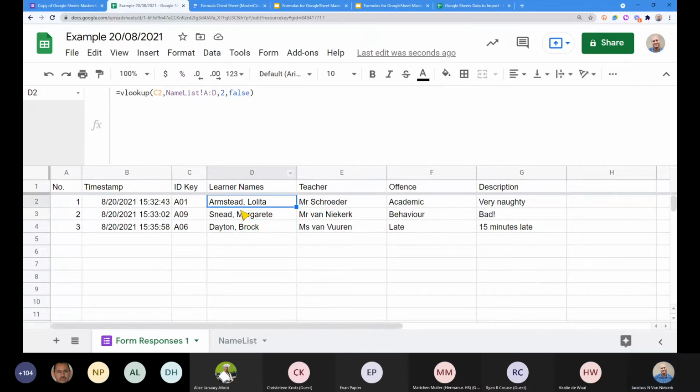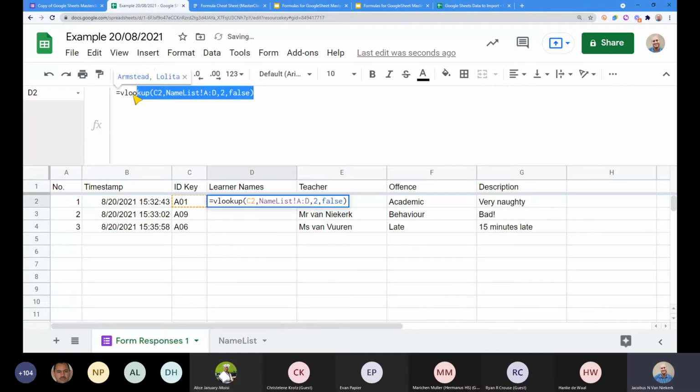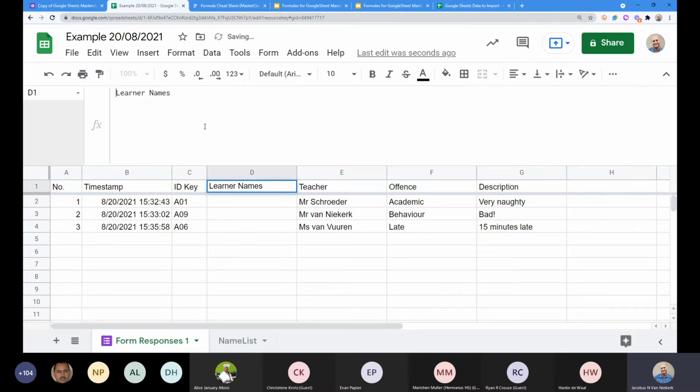So this is great if I know that I've only got 50 entries, but if I'm going to have this thing running endlessly, I need to have this formula completed as new information is coming in. The same way that I did over here. So let's just delete those because we're not going to use it. We want to use that formula. That's the one we're going to use. Let's take that out there and let's go over here.